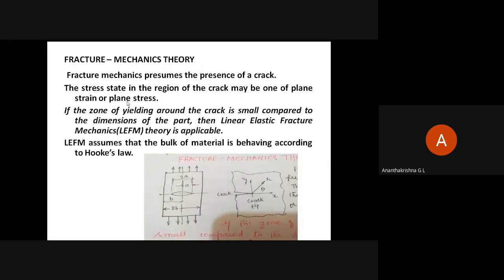What is a plane? Two dimensional, yeah, exactly. What is a solid? 3D, a three-dimensional object. A plane is a two-dimensional object, that is, it has length and breadth with negligible thickness. So the stress acting on a plane is called plane stress. Okay, got it? Understood? Yes, sir. Sukrut, could you understand? Sukrut, are you there?